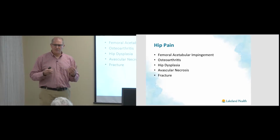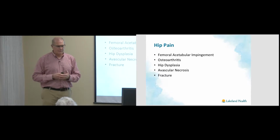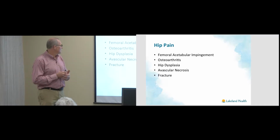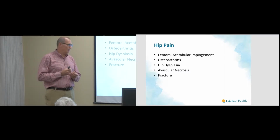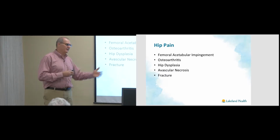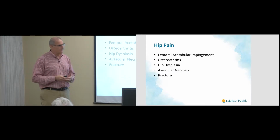It used to be known as congenital dysplasia of the hip, or developmental dysplasia, or a congenital hip dislocation. So when a baby was born, the hip was dislocated, it was held into the socket, but sometimes that socket becomes an abnormal shape. And then fracture. So breaking a hip, breaking into that joint. We can also have stress fractures that can cause pain into the hip joint. A lot of times these things go undetected until it's at a point that requires a surgical treatment with hip